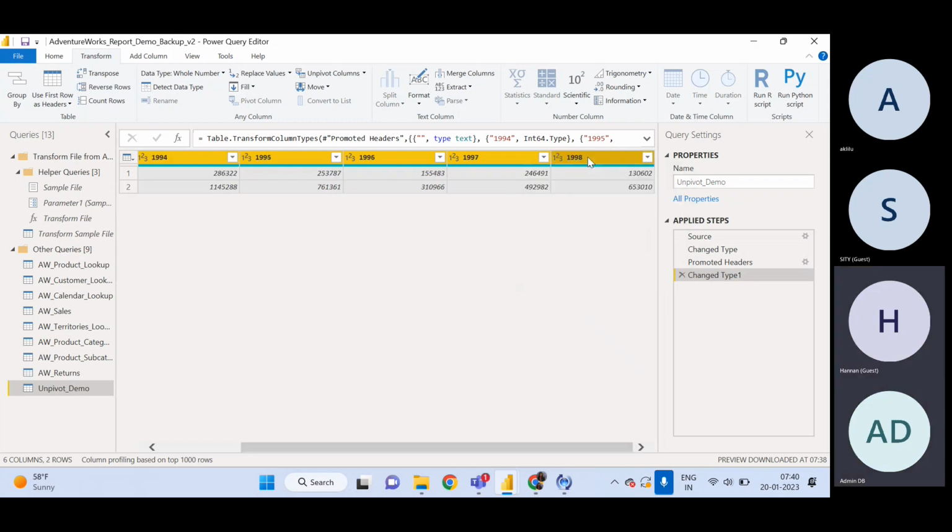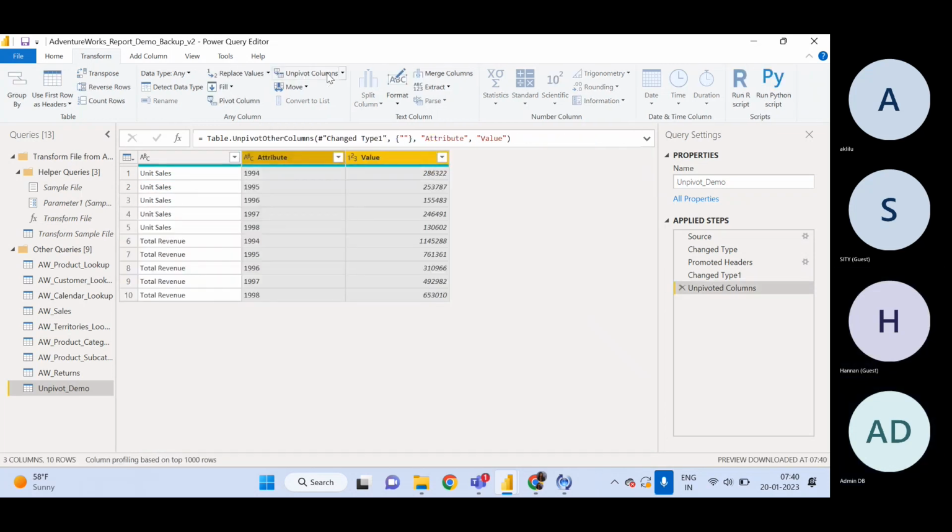So basically, pivot is turning distinct rows into columns, and unpivot is turning columns into rows. That's how it works, right? Okay. That is what happens in pivot and unpivot. So basically, what I said, pivot is turning rows into columns, and unpivot is turning columns